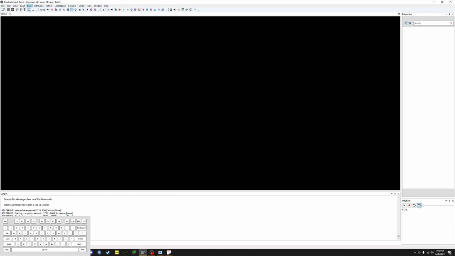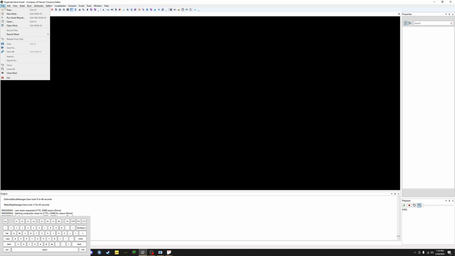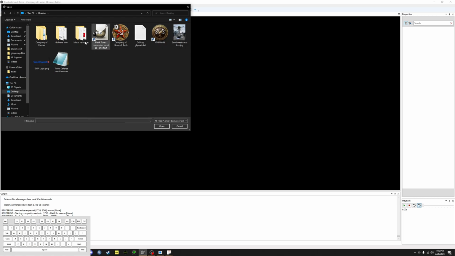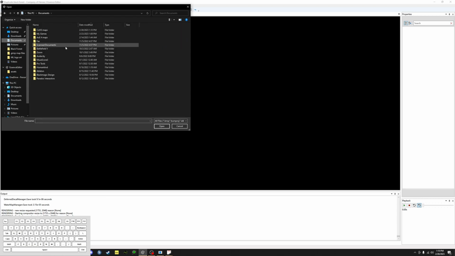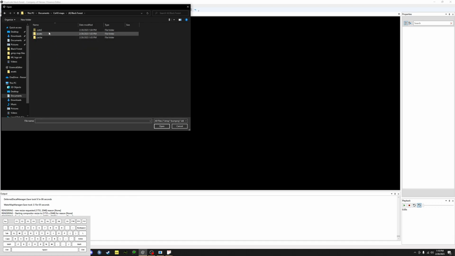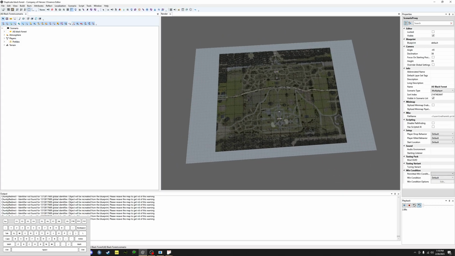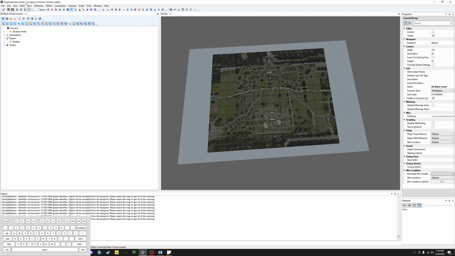There's nothing here. But we're going to go down to file and open. Not open mod, open. And we're going to find our scenario file. So we're going to go documents, CoH3 maps. We're going to go to our 4-person black forest that we just made. We're going to go to assets, scenarios, multiplayer, map name, and here is our scenario file. We're going to open this, and bam, we have our new mod, duplicate black forest, but we have our original